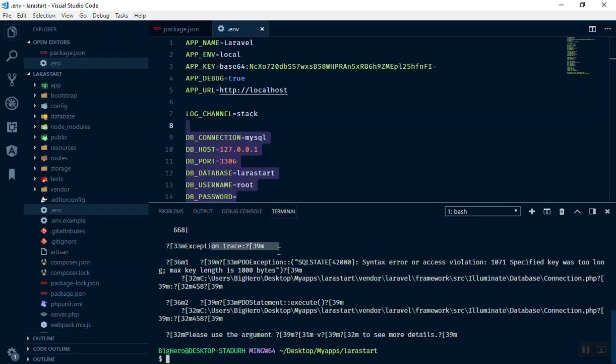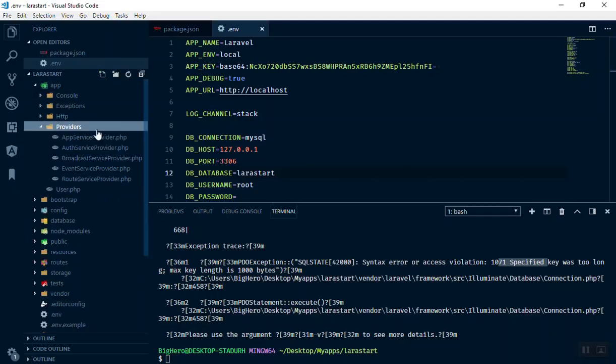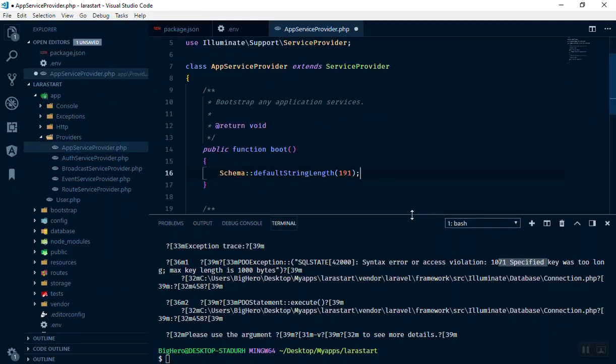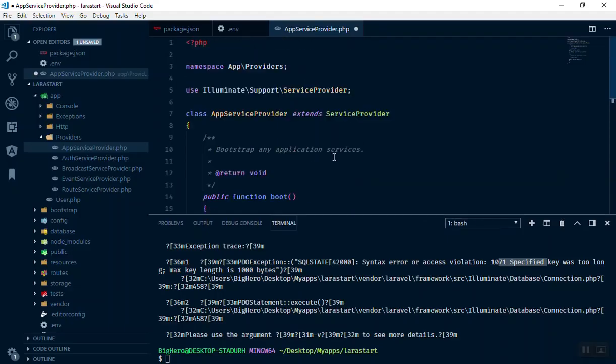As you can see, in Windows it gives this error, so I will solve this error now. In Windows, this problem is because of the version of MySQL. So what you can do is go to app providers, auth service provider. Here you just add one line of code. Whenever we are migrating our database, it is going to default the string length to 191, and then you should import the schema at the top. So here I will write the schema and import it, and when you save it, again come to your